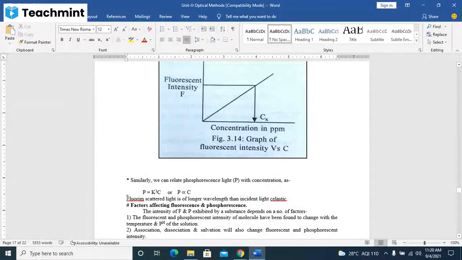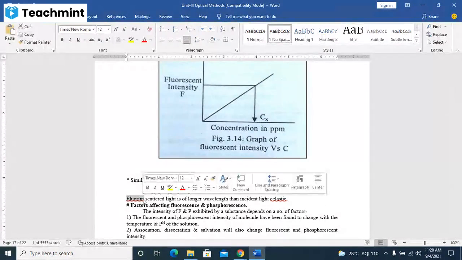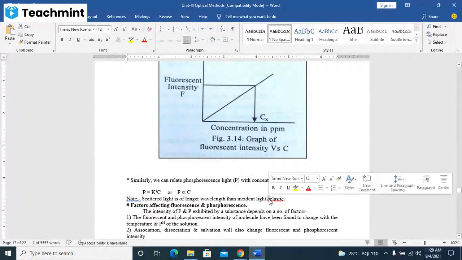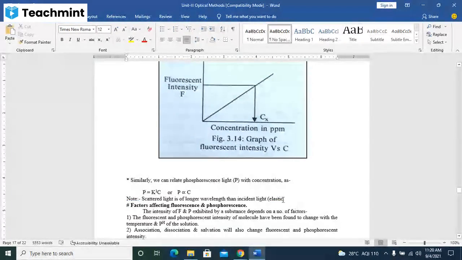ये नोट है, that is a note to you. Scattered light is of longer wavelength than the incident light, and here it is called the elastic one. ये MCQ के लिए आएगा।